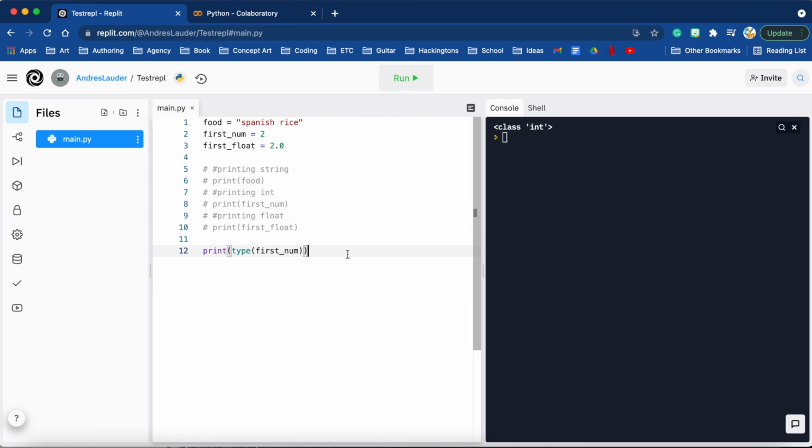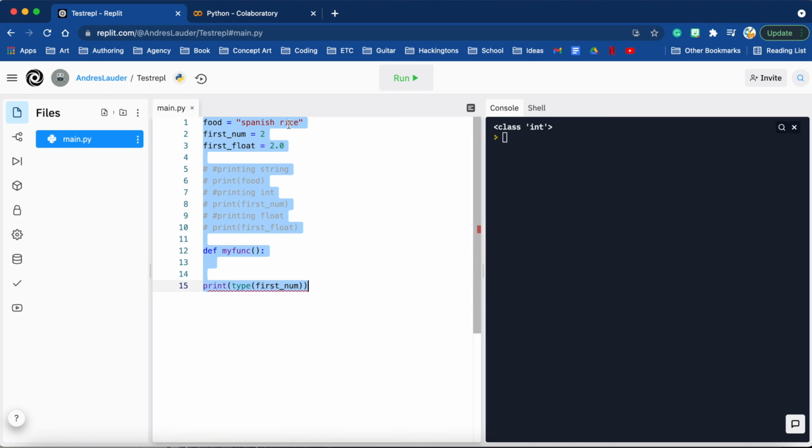But to recap, we have variables, which are things we can set other things to. So for example, I had food and I set that to Spanish rice. First num, set that to 2. We have functions, which are, and I'll show you how to write this really quickly. You write the def keyword, define, and we can do my func. So let's do like this one, might be better. And then you put this colon right here to know that you're indenting the line, and you can do,